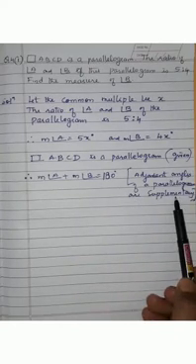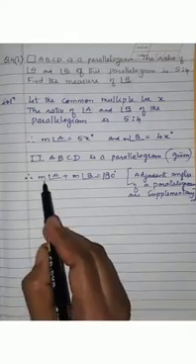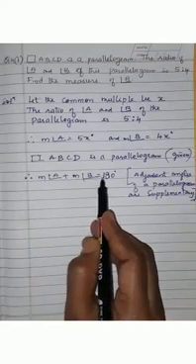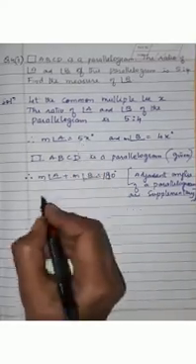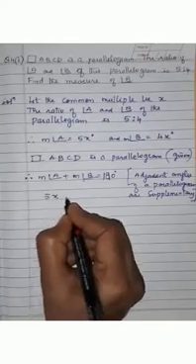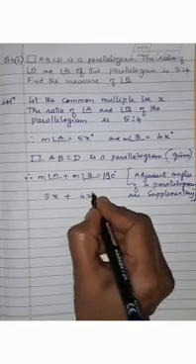That means if we add the adjacent angles of a supplementary pair, we must get 180 degrees. Okay children, so therefore measure angle A plus measure angle B is equal to 180 degrees. So what is the value of measure angle A? It is 5x plus, and measure angle B is given to be 4x degrees.